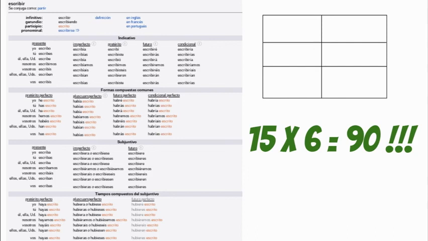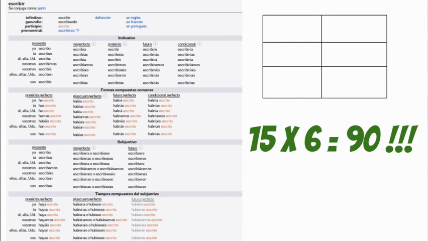The one I taught you in this video was the first one there, indicativo presente, the present indicative. But as you can see, there's all these other different tenses. There's the past tense, the future tense, conditional tense. There's this thing called the subjunctive mood. There's this thing called the imperative for giving commands. And all these different tenses each have their own verb box with 6 different spellings of the word. So for example, you'll see here with the word escribir,